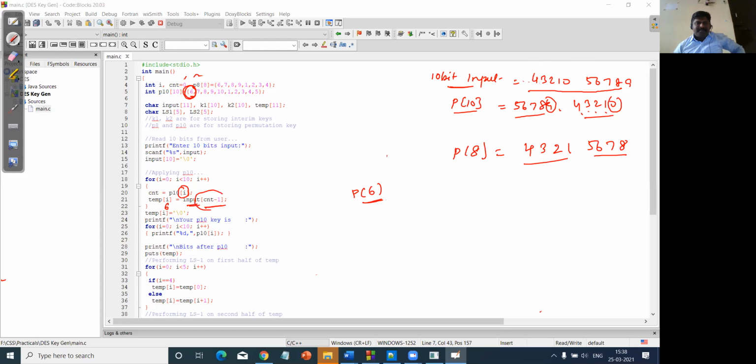cnt minus 1 means, if my value here is 6, whichever value is in my 5th position, so that will be... if I start from 0 1 2 3 4, now this is 5. So 6 minus 1 will be 5. Whichever element is present in the fifth position, that will become the first. Okay, got it?